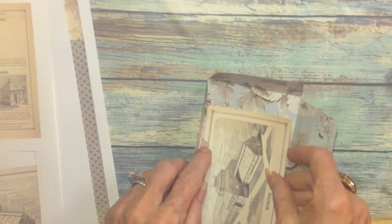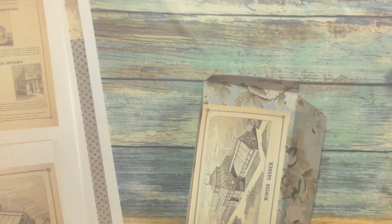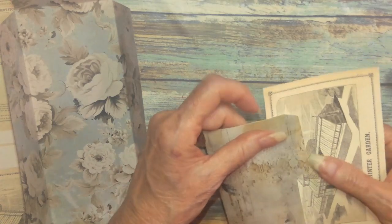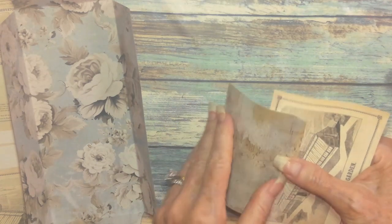Okay. So, let's... Where's that one I cut out? Oh, what did I do with it? You know, I just got an idea. This is a sticker that's still got the back on. And if I were to cut that off and just use it,